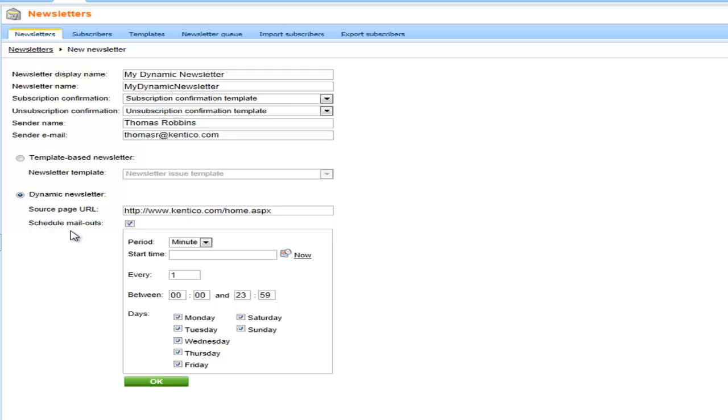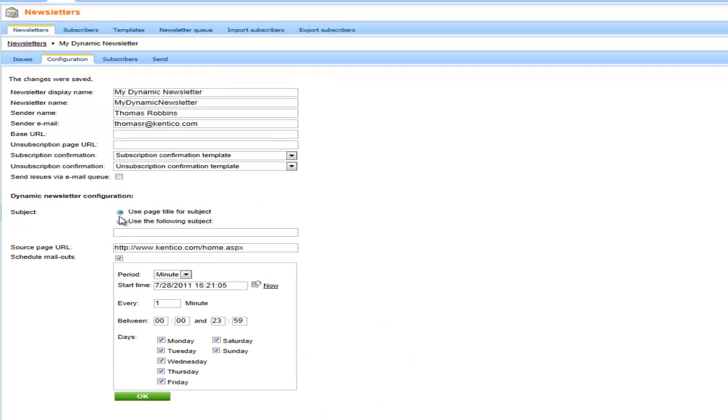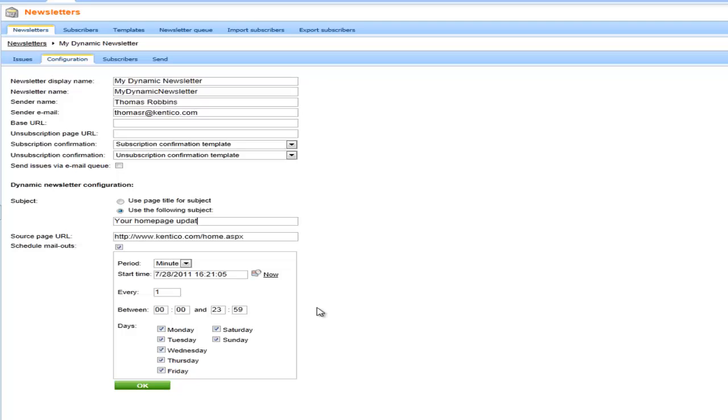www.kentico/home.aspx. I'm going to schedule the mail out, and you'll notice that I can specify the period that it will go out. For the purposes of this example, I'm going to specify this as a start time of now. I'm going to make it every second between now and midnight and send it out all 7 days. In a production environment, you're going to want to make sure that you set this up with appropriate periodicity for your end users. I'll select OK, and I'm going to use the following subject, your homepage updates, and then click